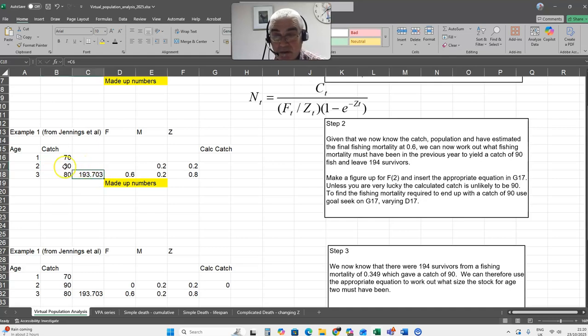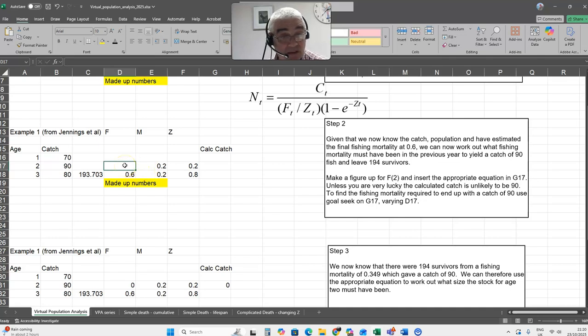Okay, so these 194 survivors are what was left the previous year. So we need to know what the fishing mortality would have been in order to end up with that value. So we have to make up a figure for F,